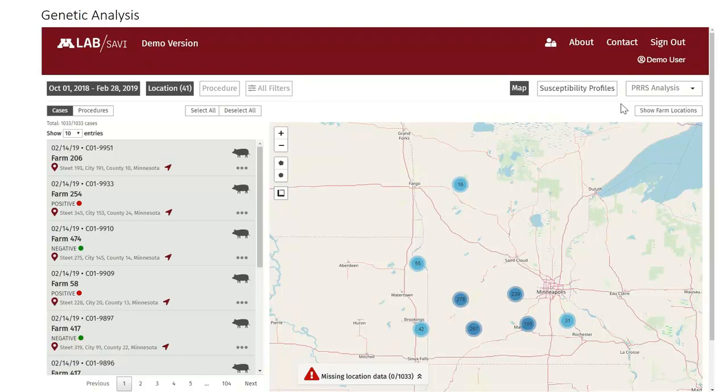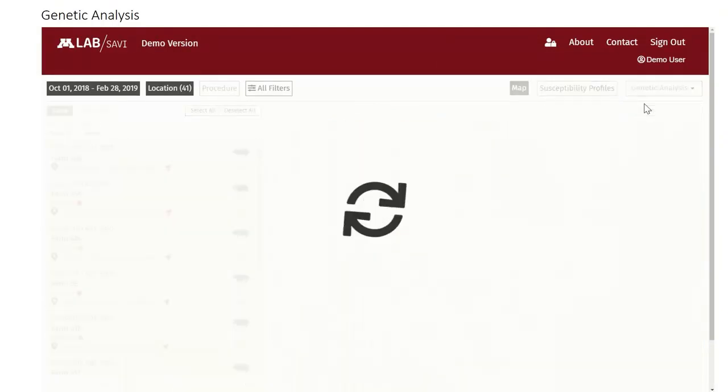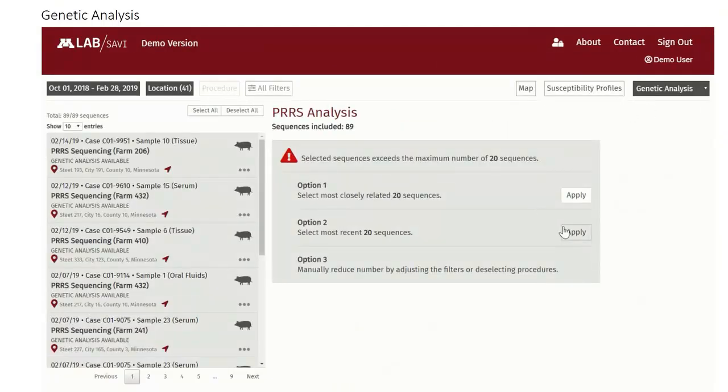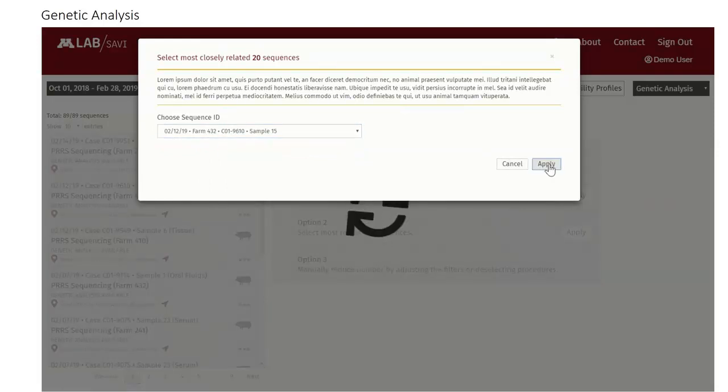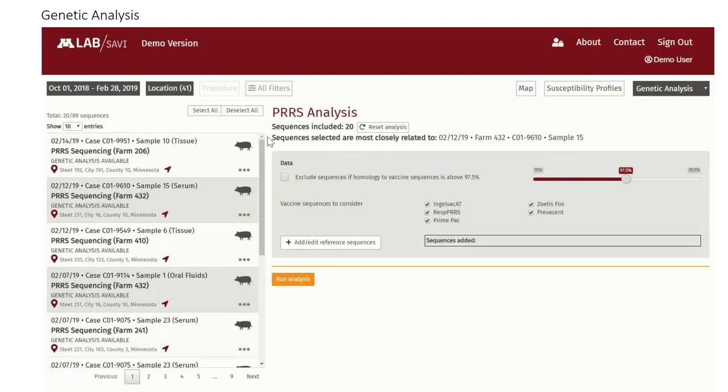Okay, and the last one I want to show is the genetic analysis. So if there have been PRRS or ORF5 sequences made on these cases, you can have different ways to analyze that. So you can do a genetic analysis, and you can set up different options for a quick sort. So the most recent 20 cases, again, this isn't all things to all people. We can't do 1,000 sequence dendrograms. This is designed to be something you can look at on a smaller device or on a computer screen. And so we put a maximum of 20 sequences because normally people want to ask a specific question